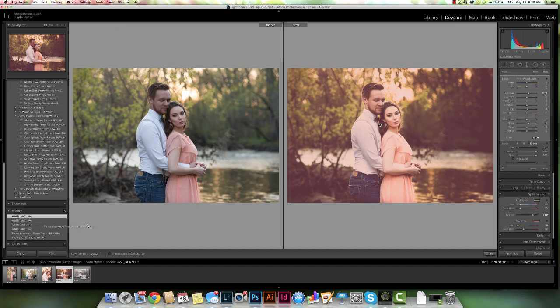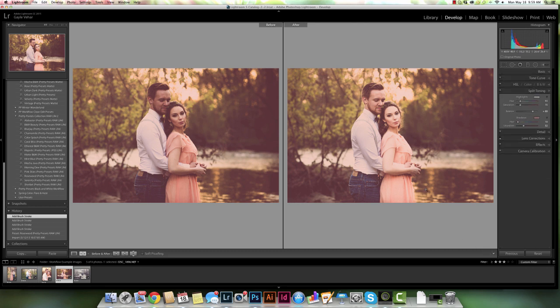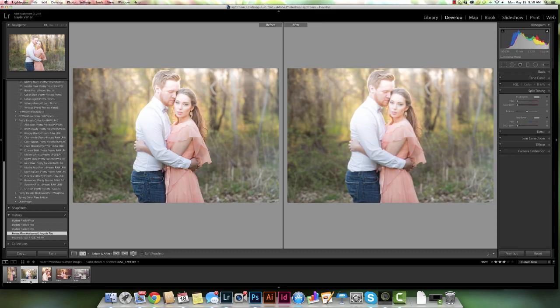So I'm going to come over here. I'm going to show you what the preset looked like before, just originally added, and what it looks like now after I've added the brush tool. Okay, so really simple again, a simple easy adjustment that makes that preset perfect for my picture now. So the last thing I'm going to do is I'm going to show you how to adjust a preset that used